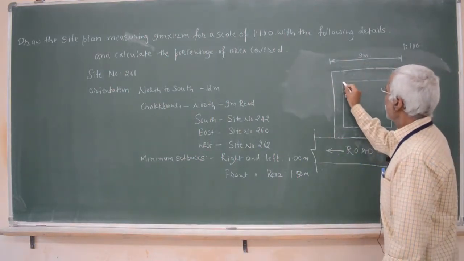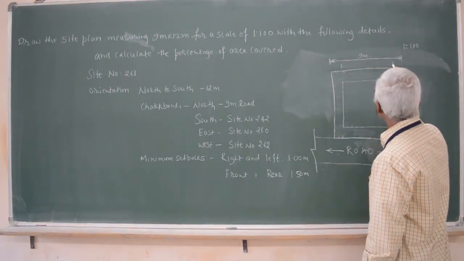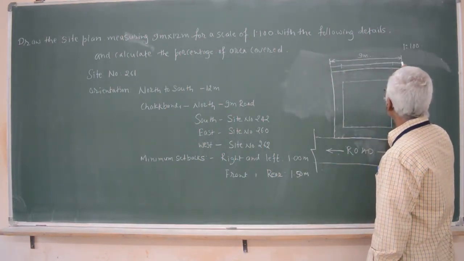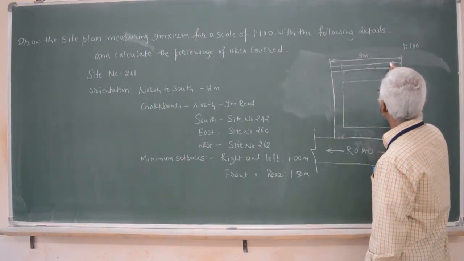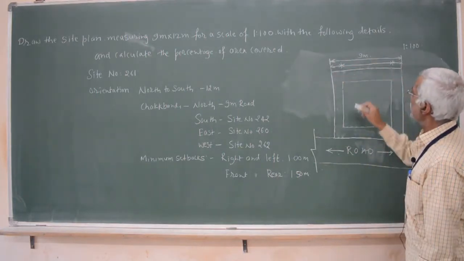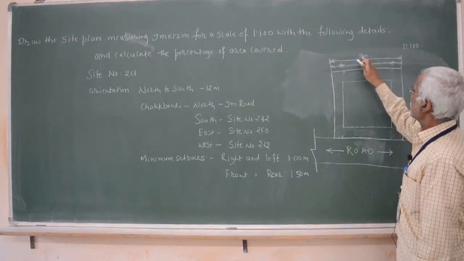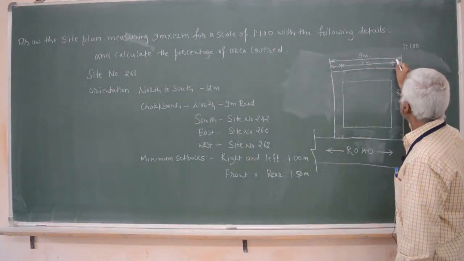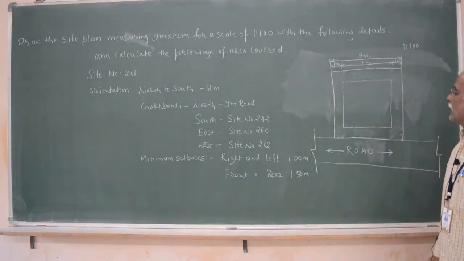Then setback line from here, draw one more horizontal line. Final line is already there. Now draw the line like this. Now you have to make an arrow here. Now here above this line 9 meter, you have a 1 meter setback right and 1 meter left. 9 minus 1, it will become 7 meter, and this is 1 meter, and here also 1 meter. Correct?